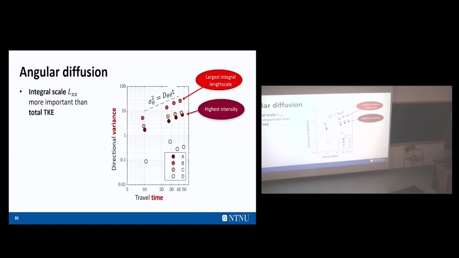And now we look at the diffusion. What turns out to be the case is that it doesn't really matter so much how intense the turbulence is. What matters is how big the structures are. So we see we get a lot higher thermal diffusion for the turbulence that is actually